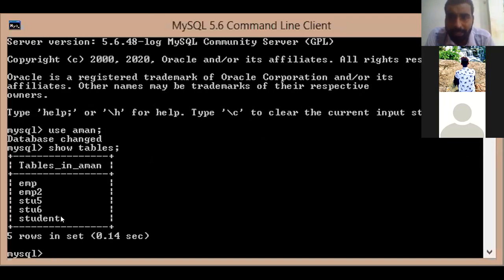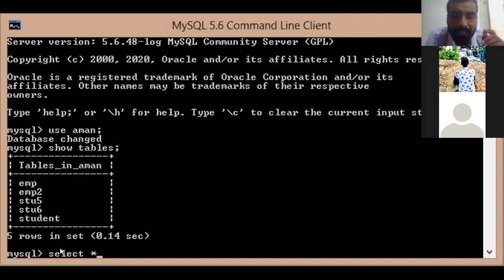Let us apply the first type of join, that is select all, Cartesian product. Suppose we want to display all the records from the employee and employee 2 tables, or any two tables you can take, employee, employee 2, STU5 or STU6. Select asterisk. What does this asterisk sign mean?